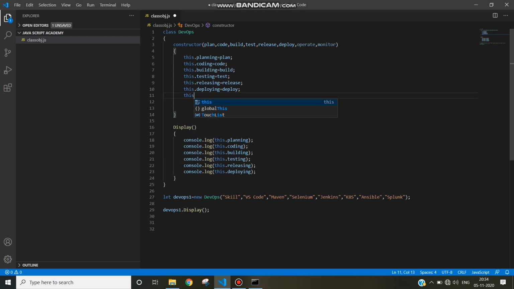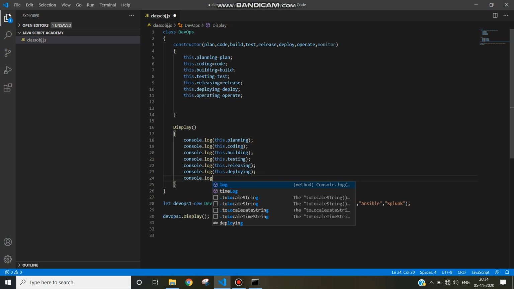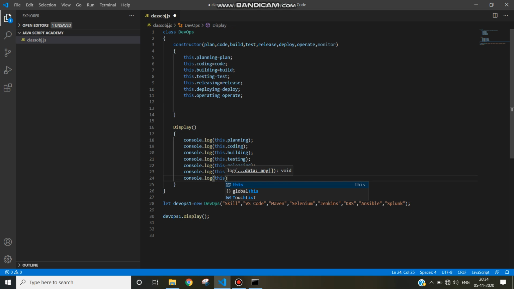One more instance variable we can initialize, this dot operating equal to operate, and put here logic to display, console.log this dot operating, which is instance variable, and that can be displayed by using this keyword inside the class, this dot instance variable.